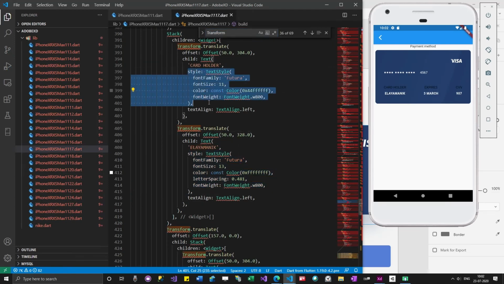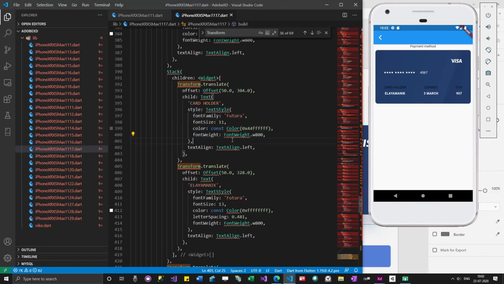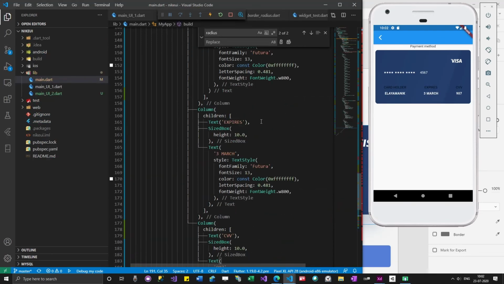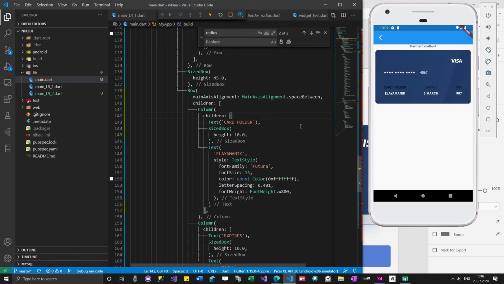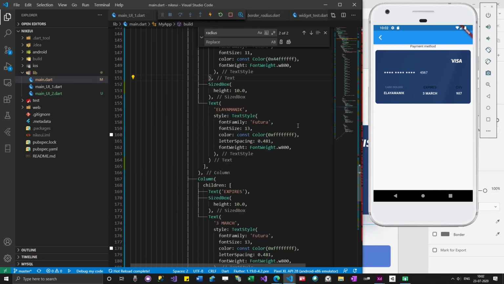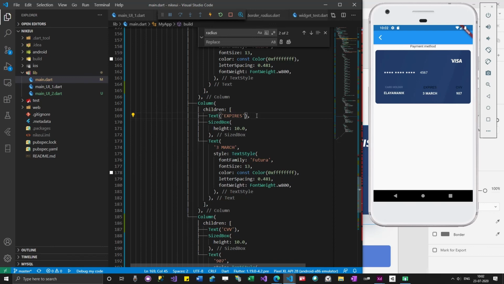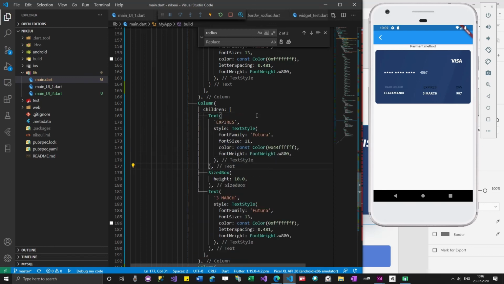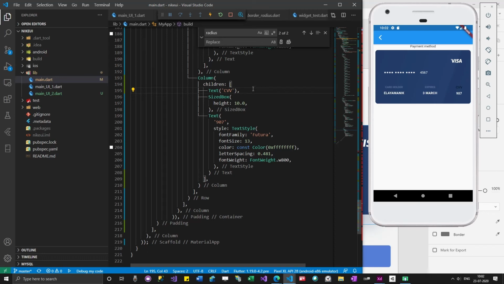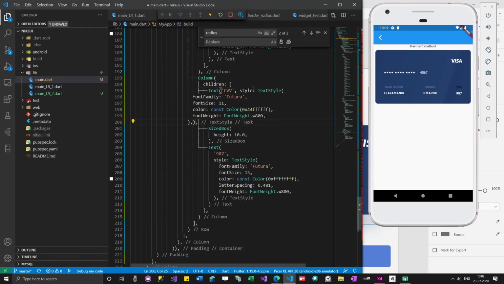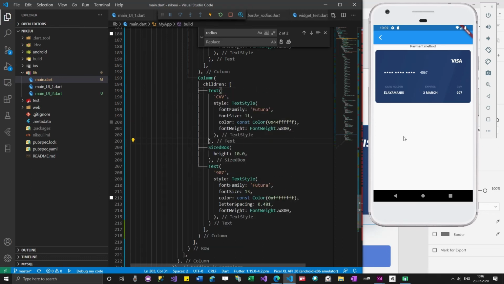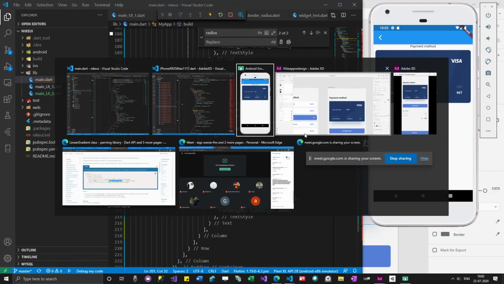So card holder also we have a style here. Payment method also we'll get the style.